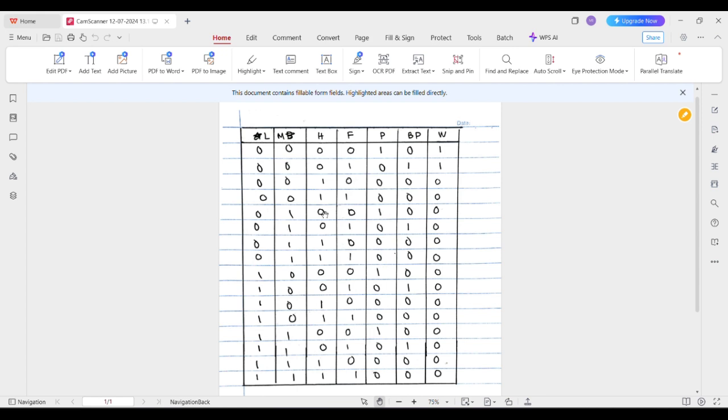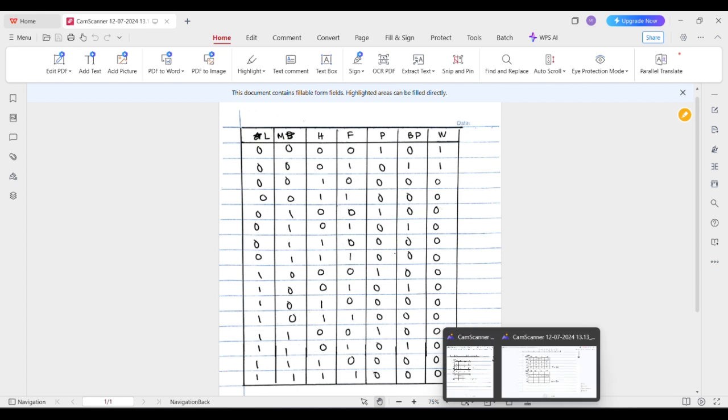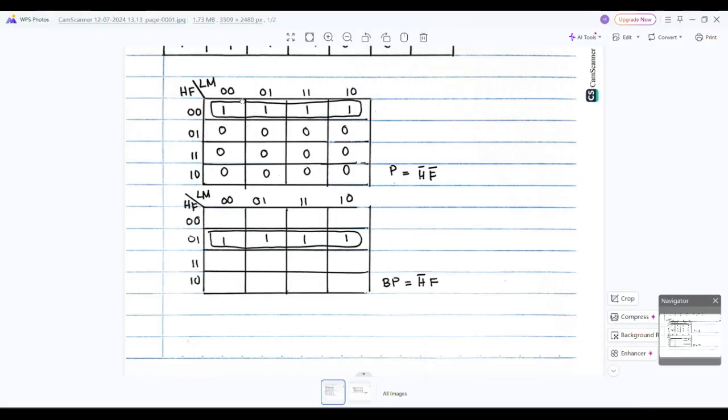P is also 1 when L0 M1 H0 F0, this one. And the L0 M1 H0 F0, so this one. So we put this.